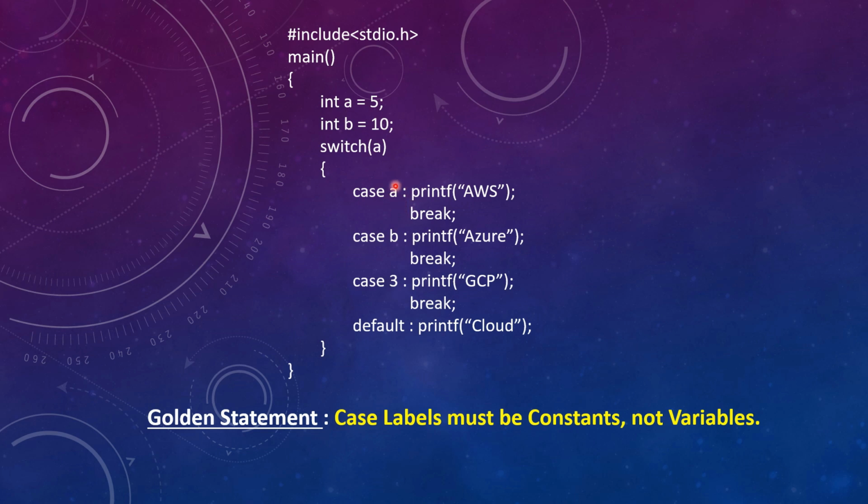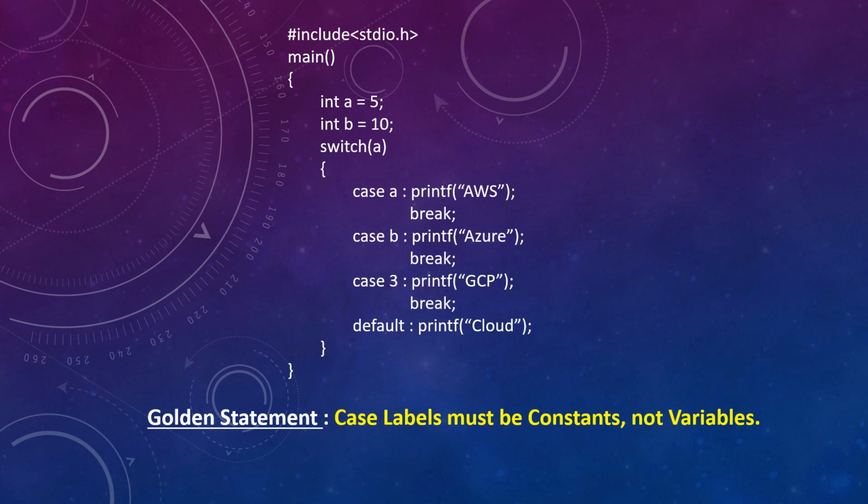Case values must be present here itself. The compiler won't go and search for the value and come back with the value, okay? So the values must be present over here so that this switch parameter can be matched easily. So case a is basically a variable whose value can be changed anywhere. So a and b, these both cases are invalid because they are variables, not constants. 3 is correct because it is an integer constant, okay?